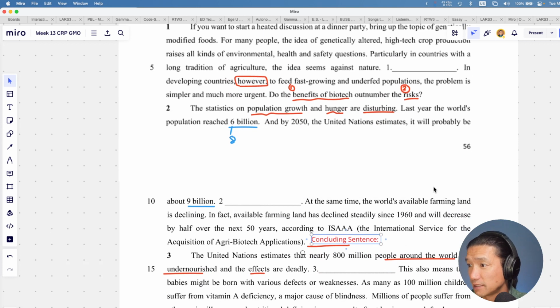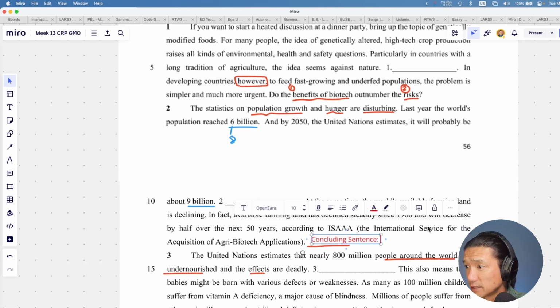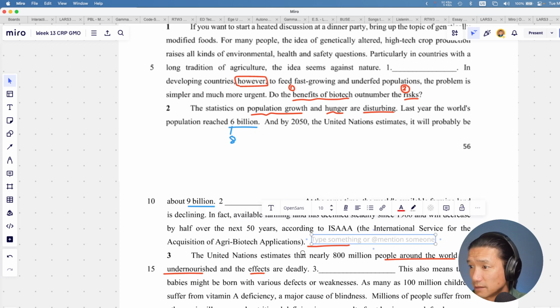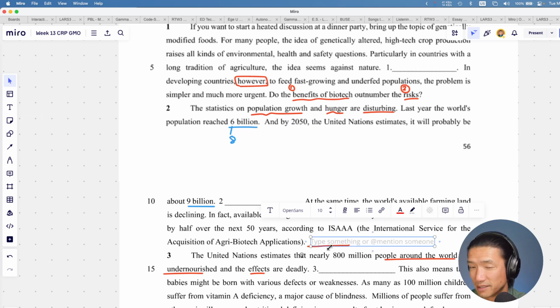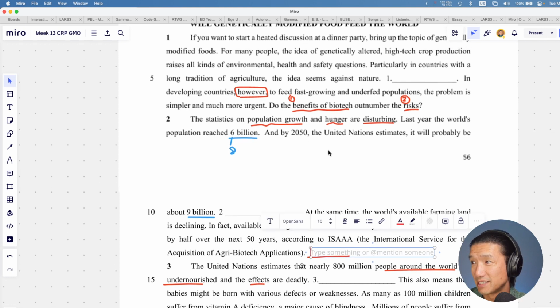Okay, so our concluding sentence will be something like, let's not write concluding sentence. Let's make it look like it fits in. According to ISAAA, the International, so citation, right? They got this information from somewhere. I wish they had put a year in which they got it. It would make this better, but this was written like 40 years ago, so no, 20 years ago. So the next 50 years, that's how we also know when this was written, right? In the next 50 years, when they're talking about in 2050, let's get to it. I can't read it.